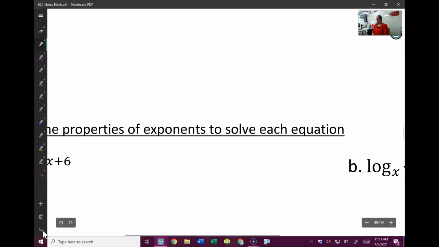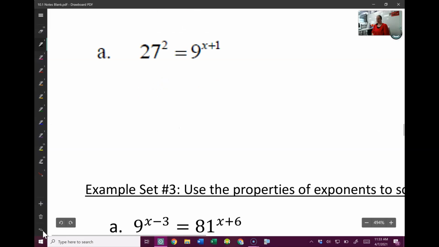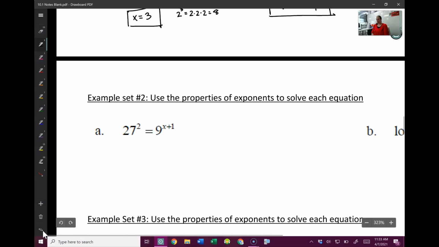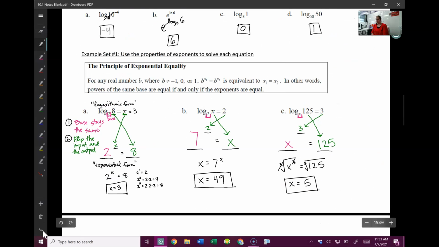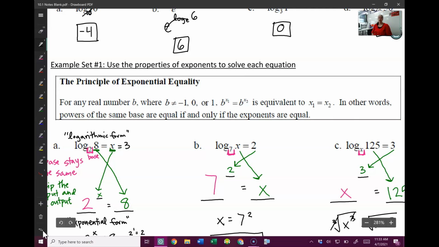Okay, let's go to a different kind of equation. This equation actually doesn't use logarithms to solve it at all. This is an exponential equation, and to solve it, it's a little strange. So I'm going to go back in your notes right here to the principle